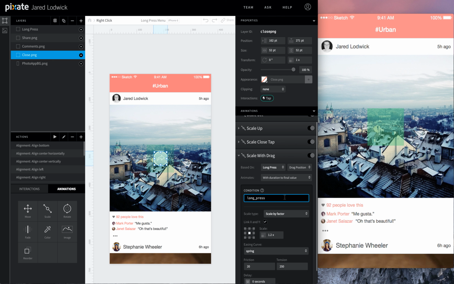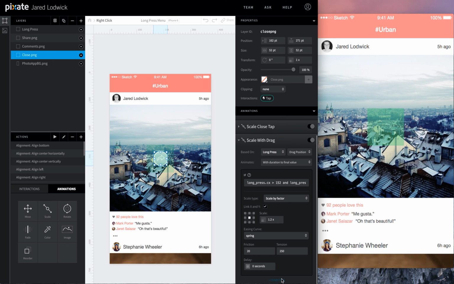So we'll add the layer ID for long press. We'll say if the horizontal center is greater than 152, that's our left edge that we want, and long press's horizontal center is less than 224, it'll scale up.